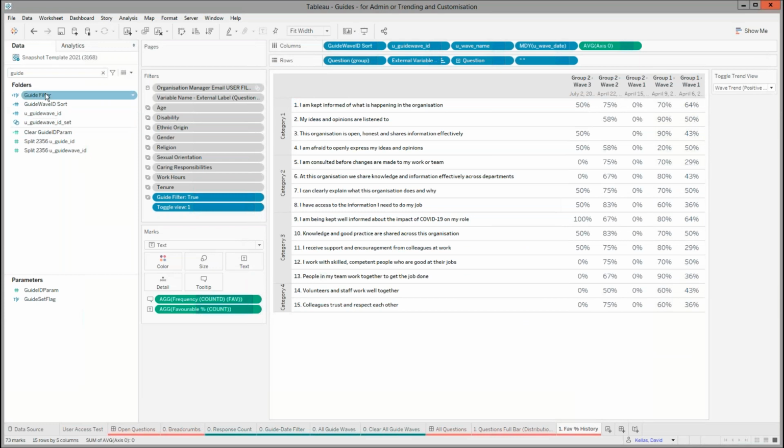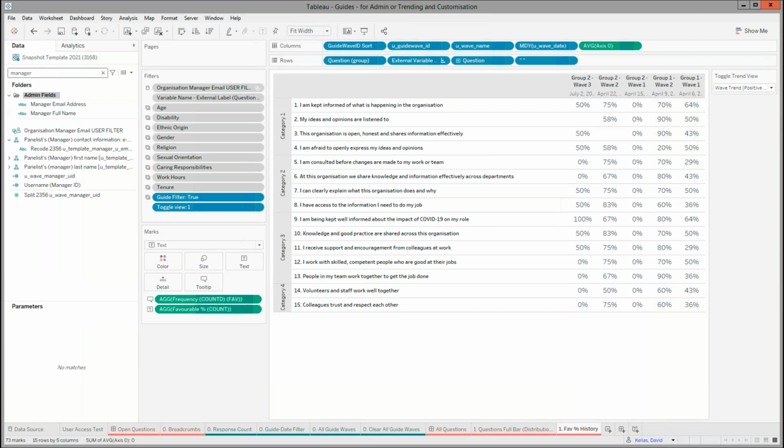Well, looking at the data source that we've got in play, if I just look up, as I have done here, looking up guide, the variables that we've got here, such as the guide wave ID, and if I look up manager, for example, we can see those additional fields that I highlighted in the MySight process come through into the data source that we've generated. I have access to this, and this is something that I can build,